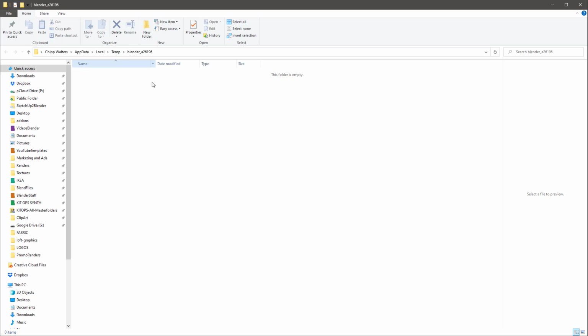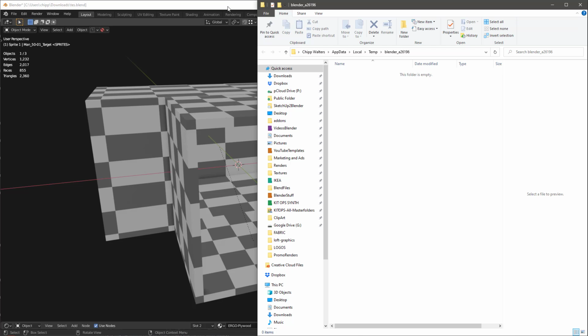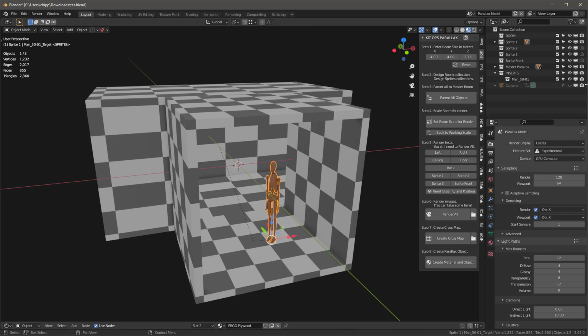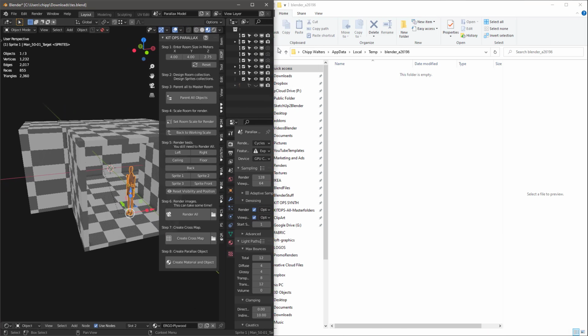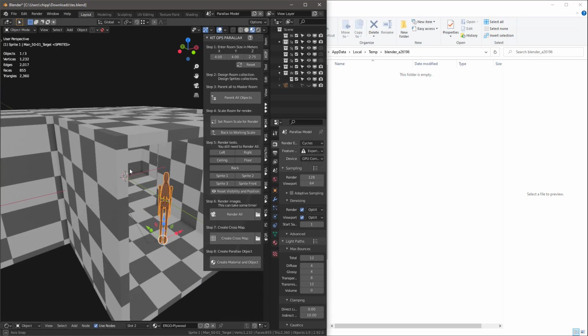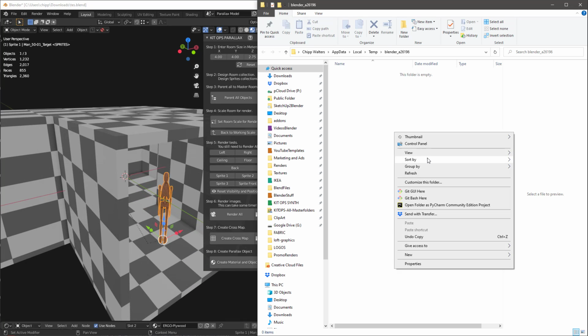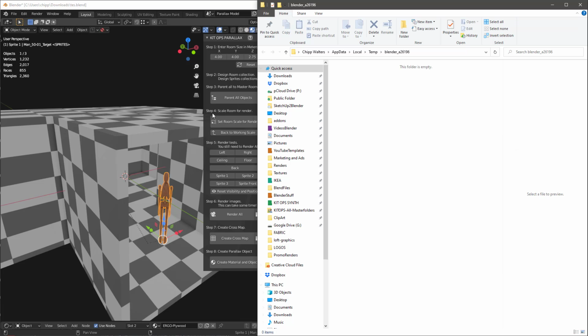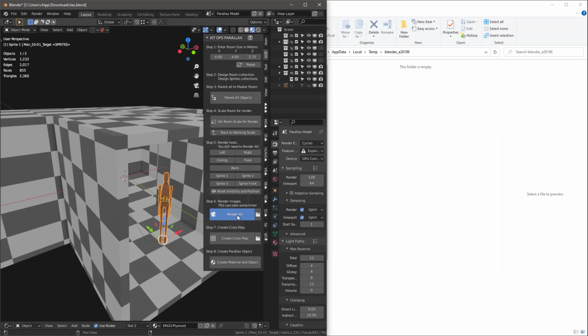And because it's temp, as soon as you quit Blender, all these images will go away. So let's move this like this, and I'm going to move this over here so we can see what's going on. Okay, and so what I'll do is I'll just hit this render all. Let's view this by extra large icons. So I'll hit this render all button over here, and while it stays blue, it's going to start rendering all